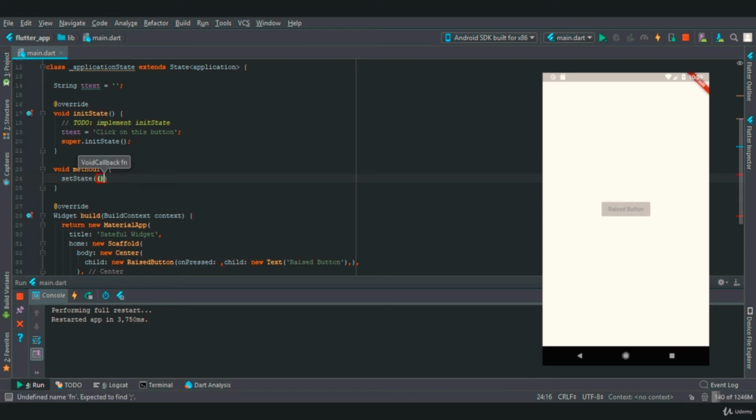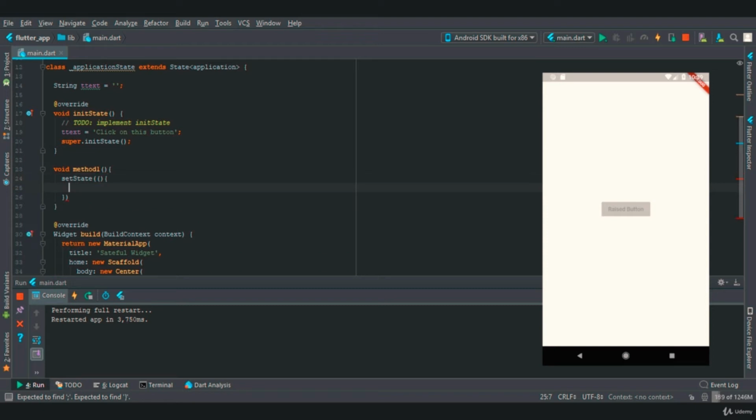In this we need to provide a function, and now what we want is we want the tText title text to change to, let's say, the text is being changed. Now we have successfully created a setState and initState.